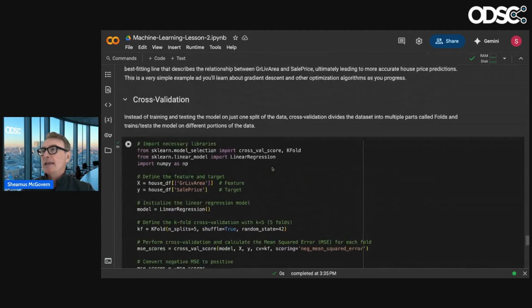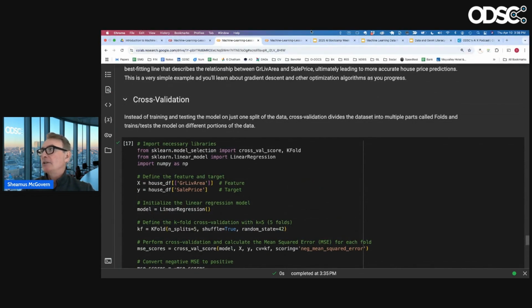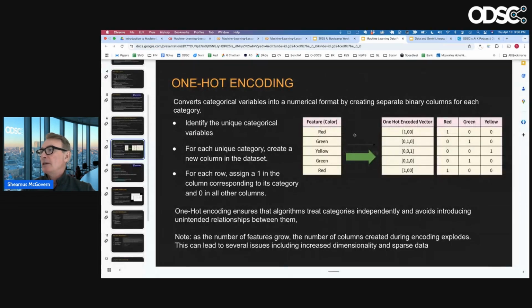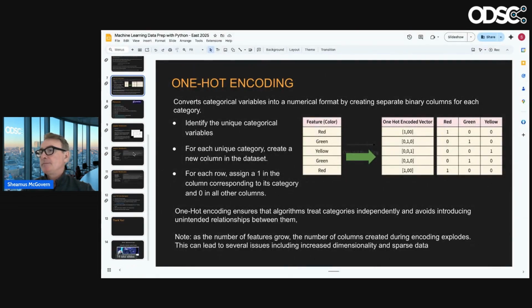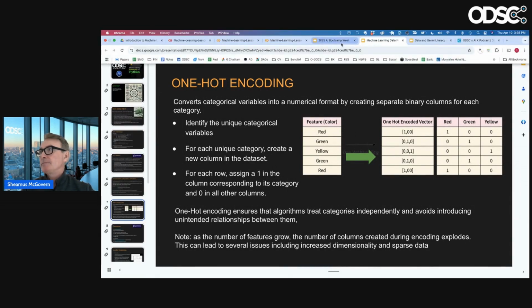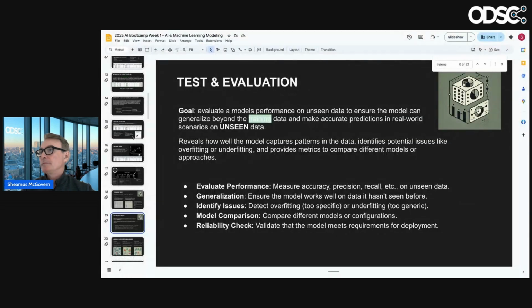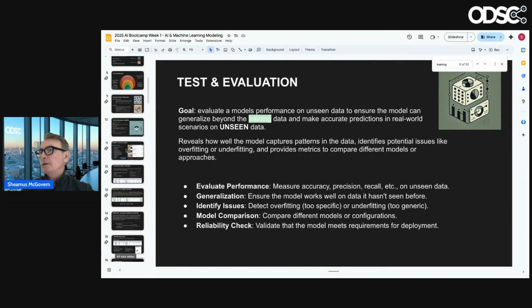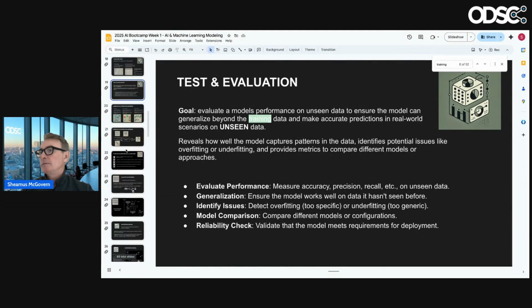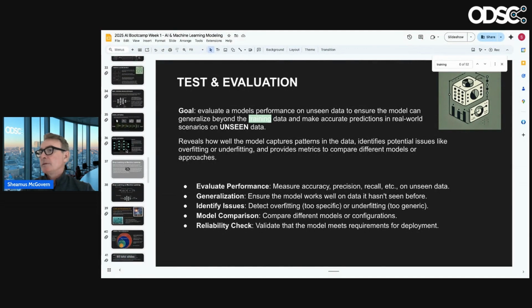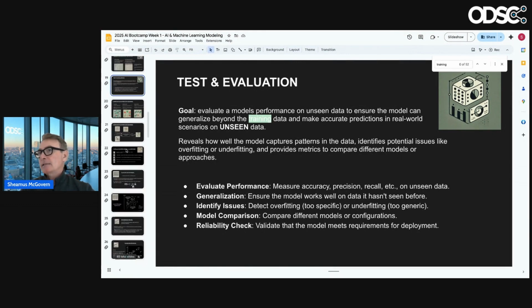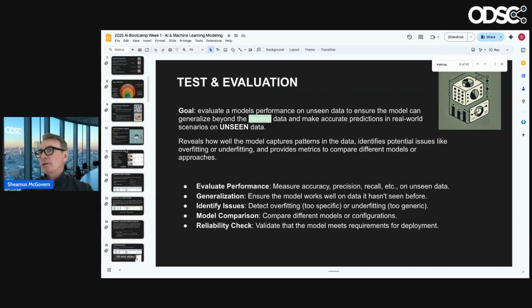That's the cost function. And then cross-validation. You remember we talked about cross-validation, we covered it just a few minutes ago.